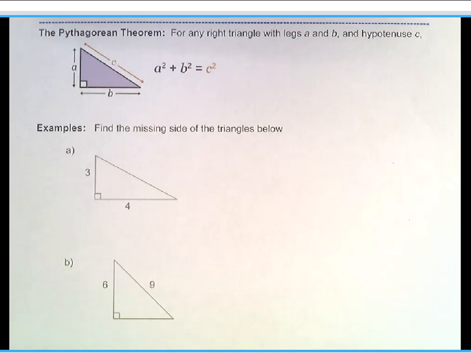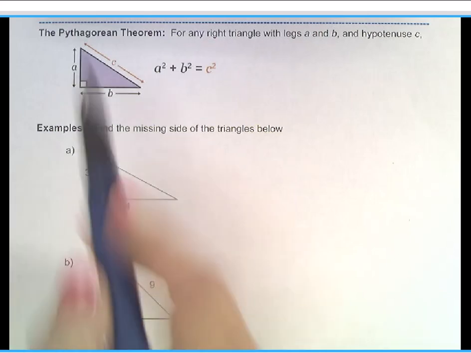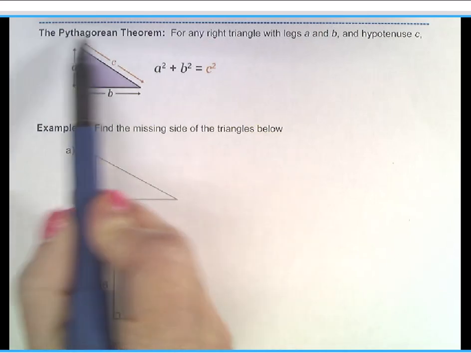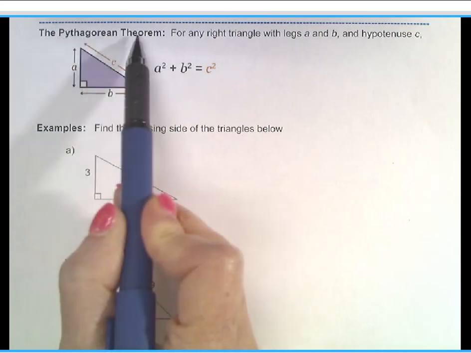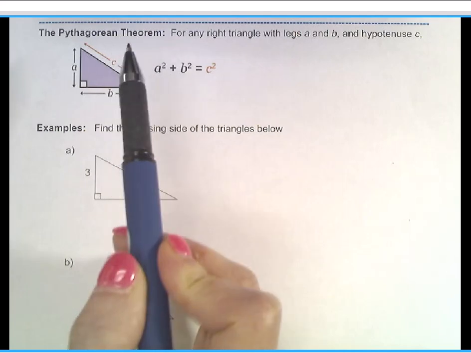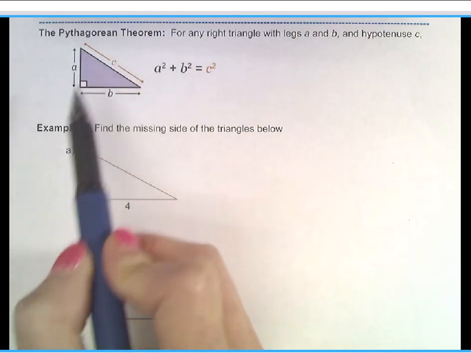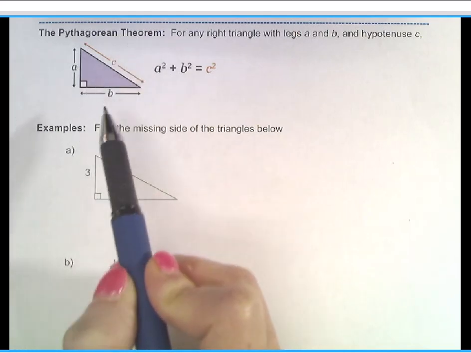Most of you remember the Pythagorean Theorem, so maybe you'll think this is easy. Maybe you even remember the formula. But if not, if you've never seen it before, well, this will be your first introduction to it. It was proven by a mathematician named Pythagoras. That's why it's called the Pythagorean Theorem. And it has to do with finding the lengths of the sides of a specific type of triangle, which is